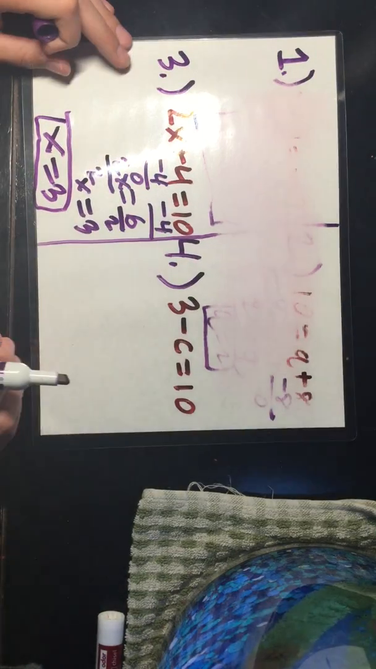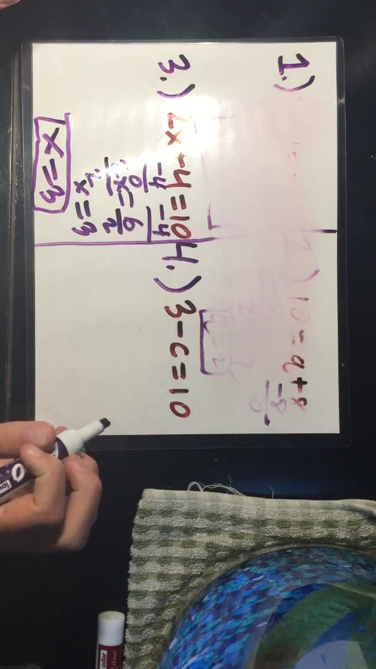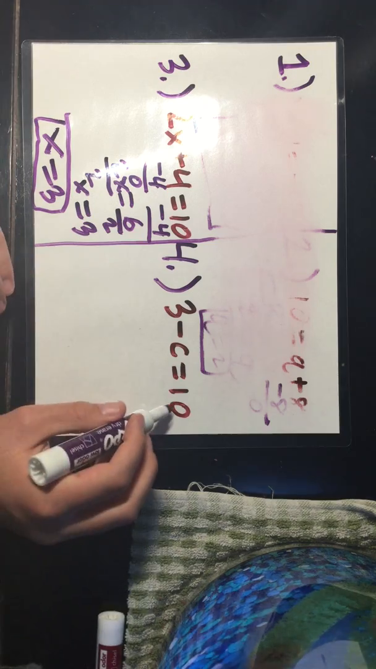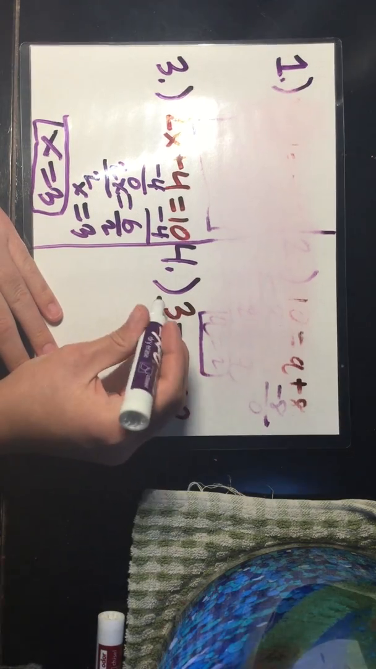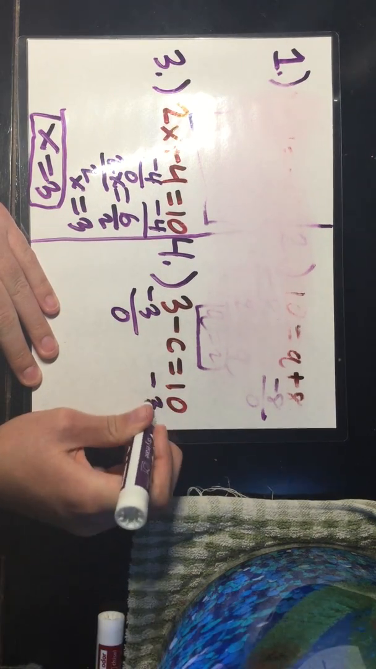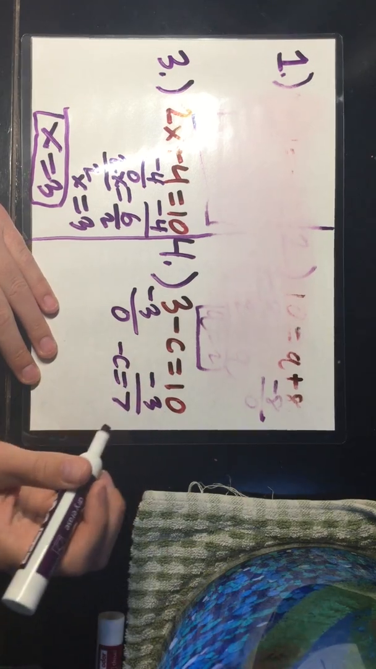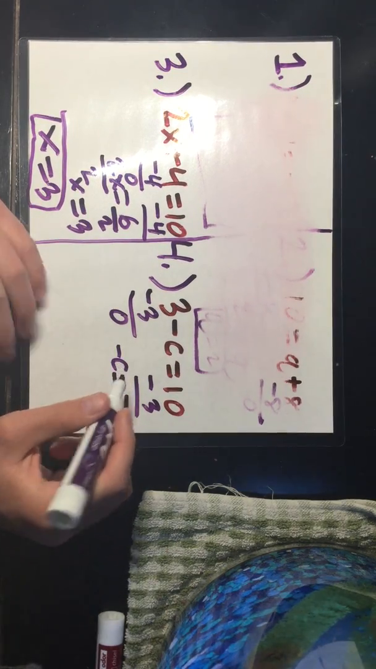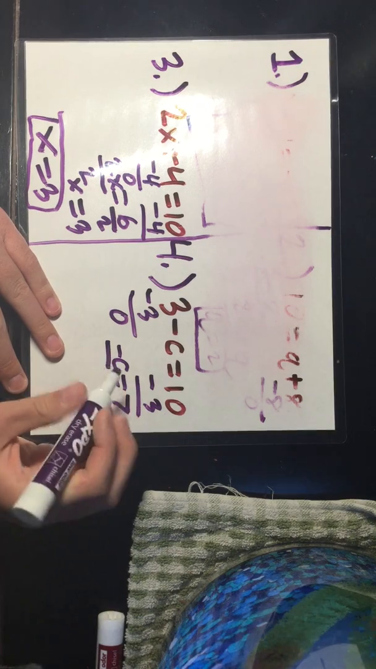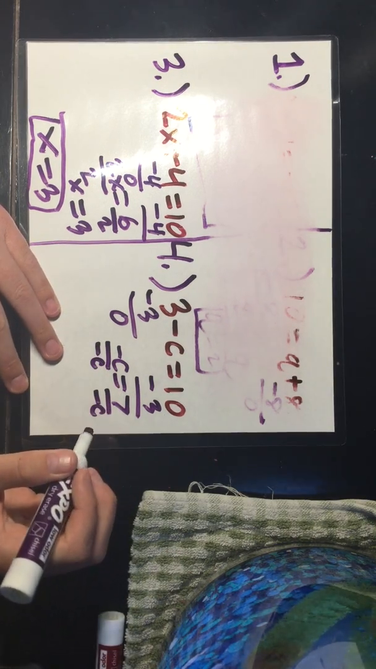Okay, let's move on to problem number 4. 3 minus c equals 10. First we're going to have to move 3 to the other side, of course. Minus 3 equals 0, and 10 minus 3 is 7. So we have 7 equals negative c. But we don't want it to equal a negative variable, so we're going to have to divide by negative